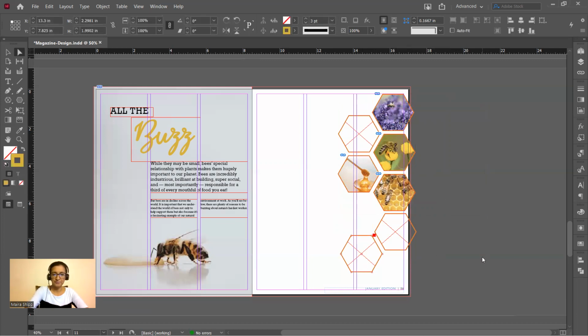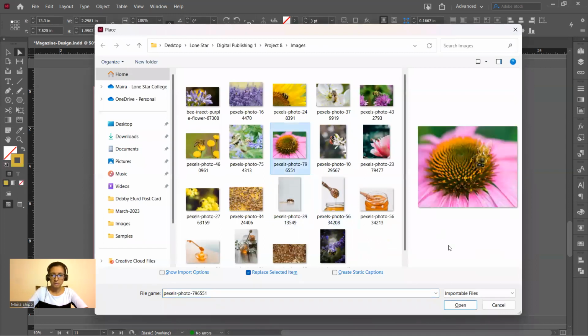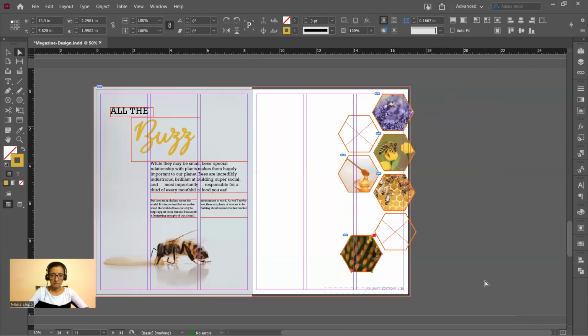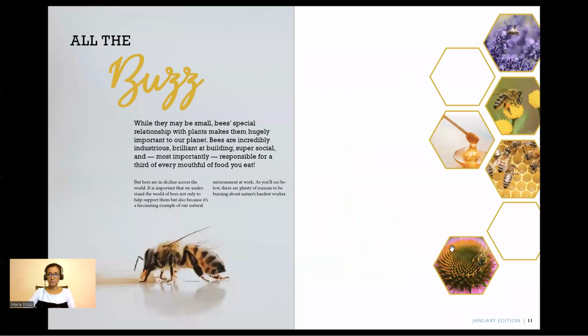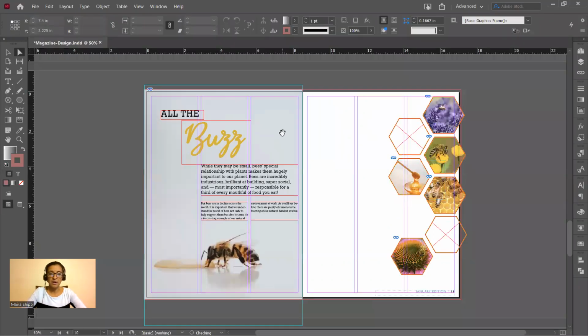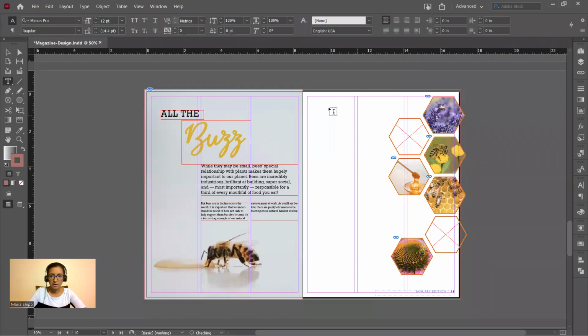And let's add another one here. All right, Shift W. And there we have a little pattern going. And we're going to use that throughout so that you can tell that it's the same article. Okay, so